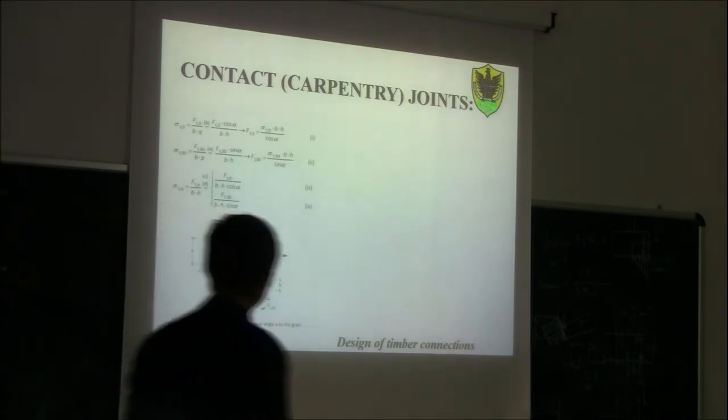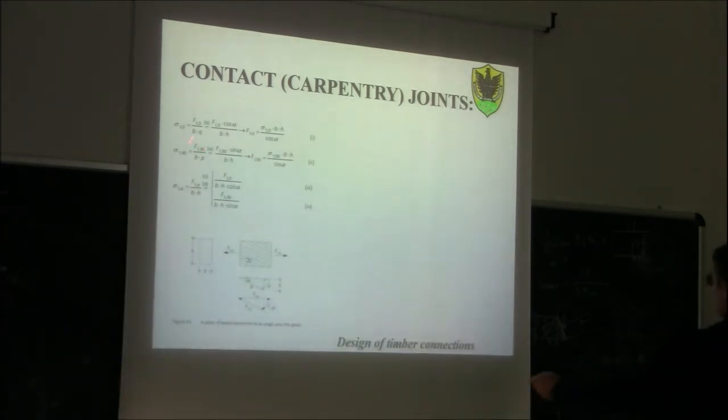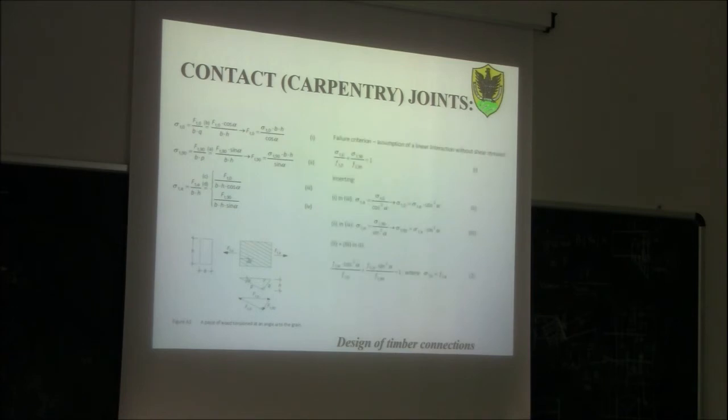And then you will find that here, for example, sigma T0 should be the sigma acting parallel to the grain. So it would be Ft0 divided by B, where B is the breadth, times Q, which is the sigma that acts in this direction here. You do some substitution now. I don't want to go into too much detail about this. It's a typical exercise of structural mechanics, I would say,